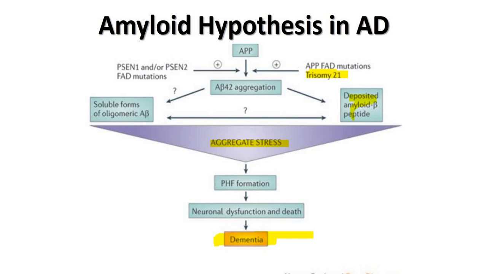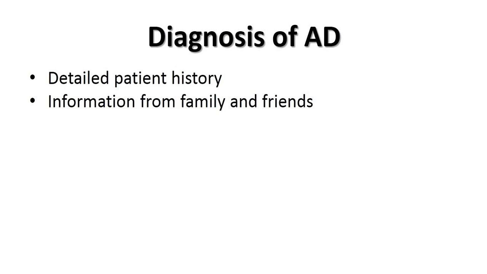Now, we come to the last part of the lecture, that is diagnosis and treatment. Pathophysiology part we complete. Now, how to diagnose Alzheimer's disease? First, you have to take detailed history of the patient. You have to rule out any other neurodegenerative disease such as Parkinson's or Huntington's and all those. You have to take the case history, and case history will tell you whether the patient is suffering from Alzheimer's. You also have to take information from the family and friends of the patients, whether they require health care or